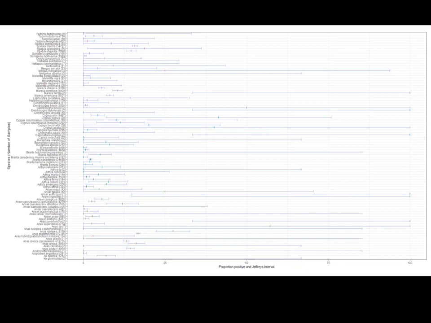Now, this is a graph that I don't expect you to be able to read all the things on, but this is the Anatidae family and all the species that have been sampled within it. What I want to highlight is that it's easy to look at a graph and say, oh, there's a lot of ducks involved here, but actually the uncertainty within a family is quite high. The more you sample, the less your uncertainty tends to be.